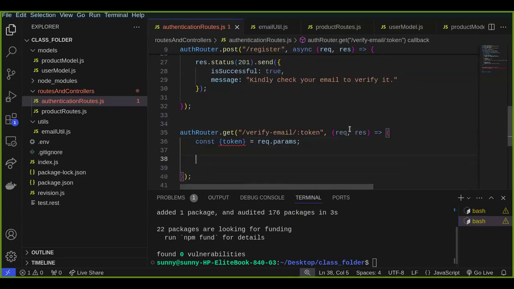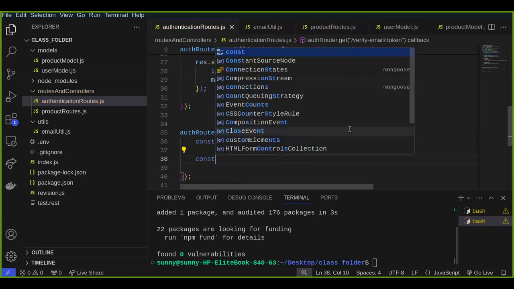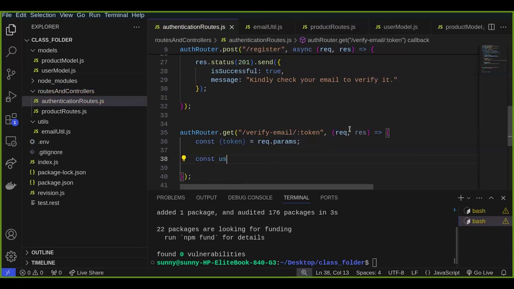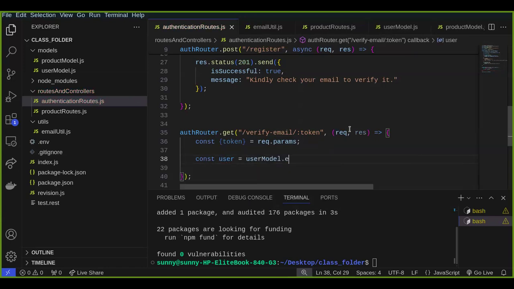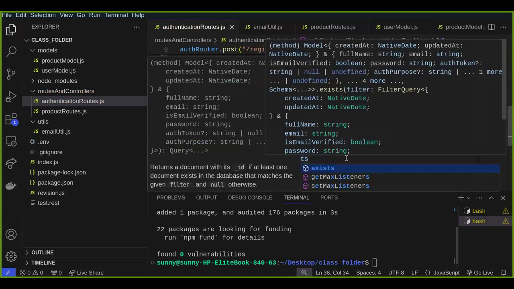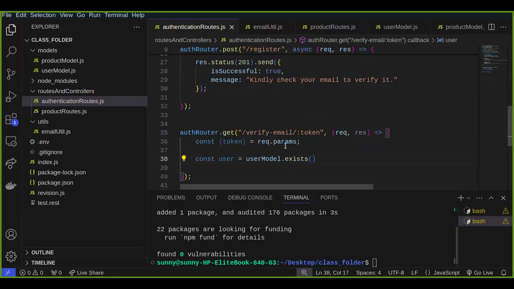We can try to check if that user exists before trying to verify his email. So we can say const user should be equal to user model dot exists. User model dot exists is going to return either a true or false, and this is supposed to be